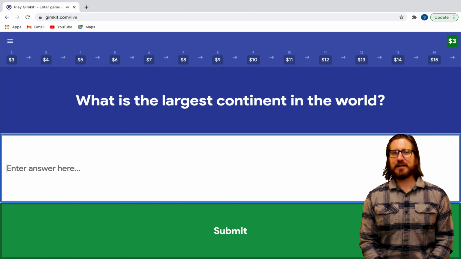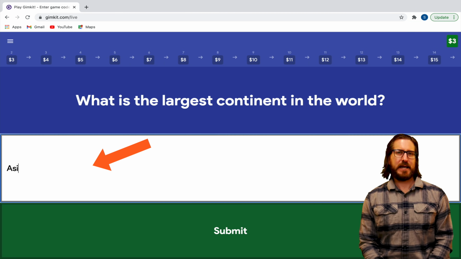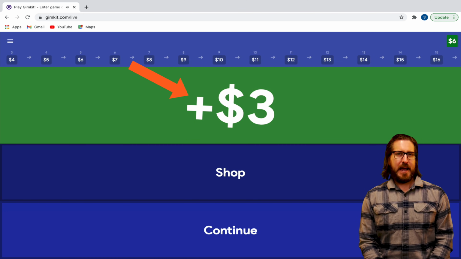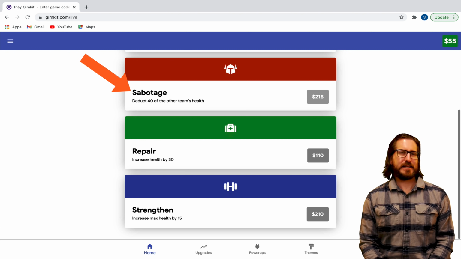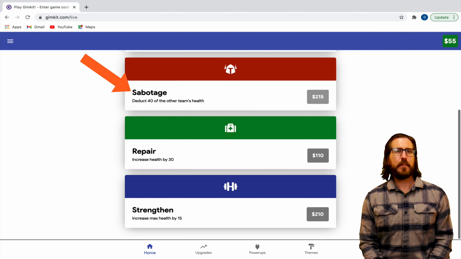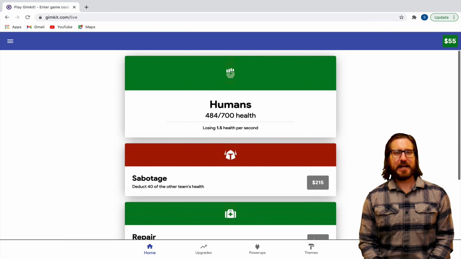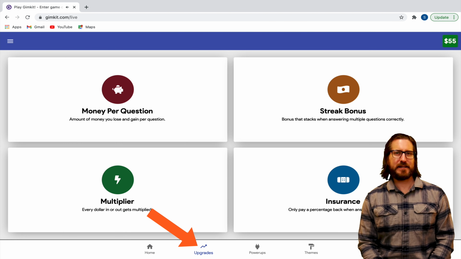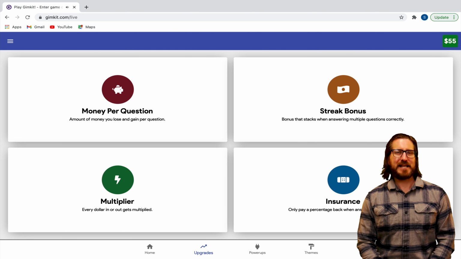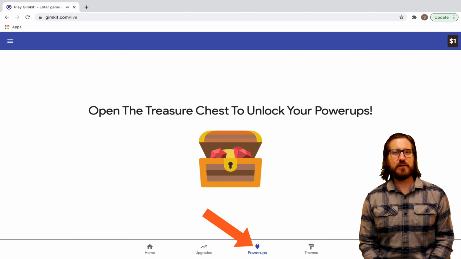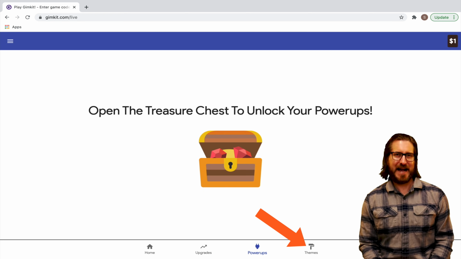As students correctly answer questions in your kit, they accrue money, and then they can choose to use that money to execute actions in the game like sabotaging the other team or repairing their own health. They can also purchase upgrades that will do things like increase the amount of money earned per question or purchase insurance for questions they answer incorrectly. This game also has power-up upgrades, and students can use their money to purchase different themes as well.